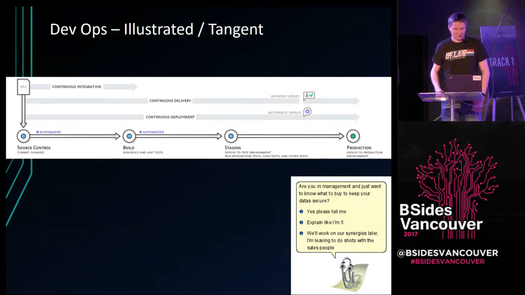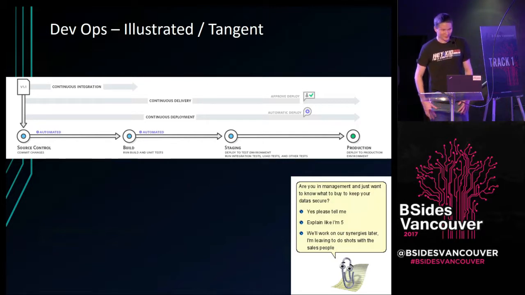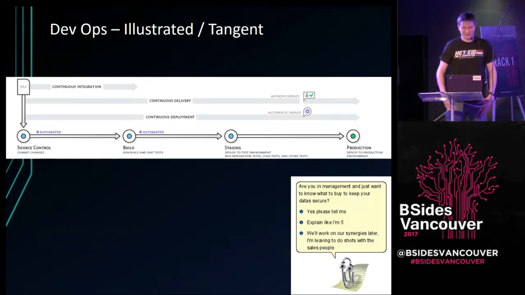and then finally production. I've got Clippy here to help us out, because there's going to be various levels of people in the audience. Some people are going to be like, Wes, I don't care, just give me some exploits. And other people are going to be like, Wes, what's an exploit? I'm just in management, why do I care? So I'm going to try and cover both, so you don't have to get too worried.